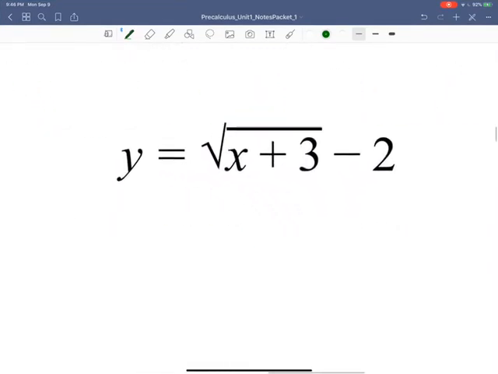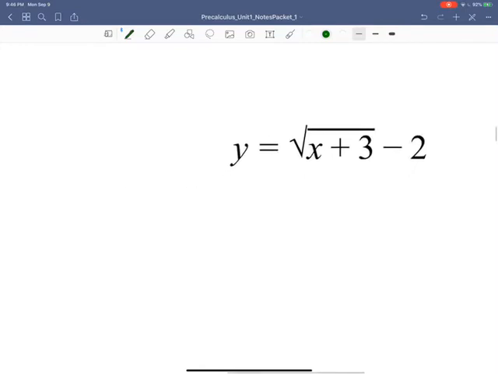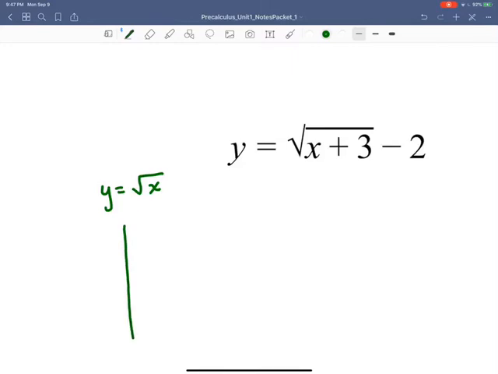Now let's look at this square root function. So again, let's start with y equals the square root of x. What does that look like? Well,